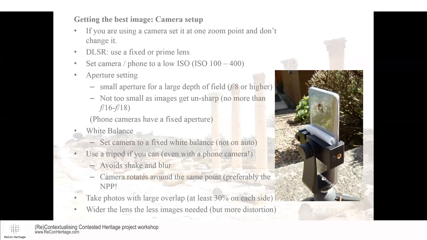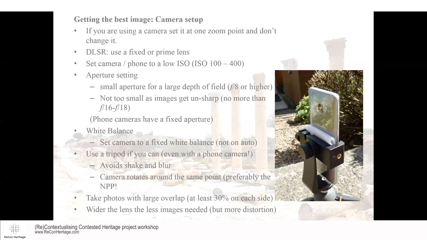The wider your lens in terms of the field of view, the fewer the number of images you will need. But wide-angle lenses often have more distortion at the edges, and again, you want to avoid too much distortion. Usually there's a balance between having enough images to cover the full 360-degree globe and reducing the